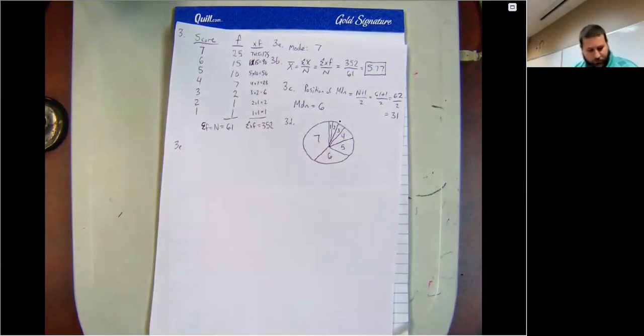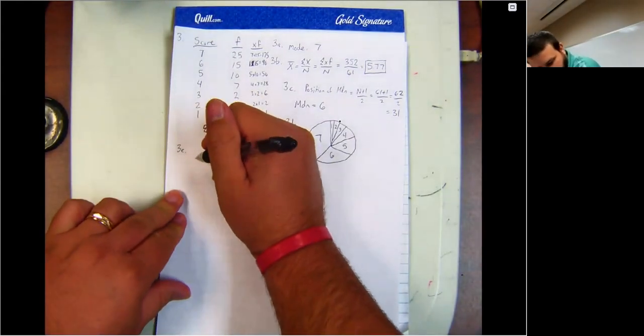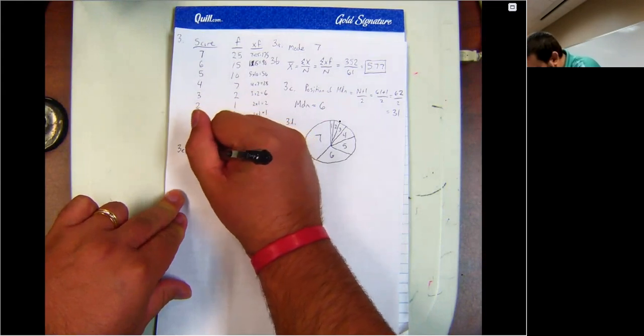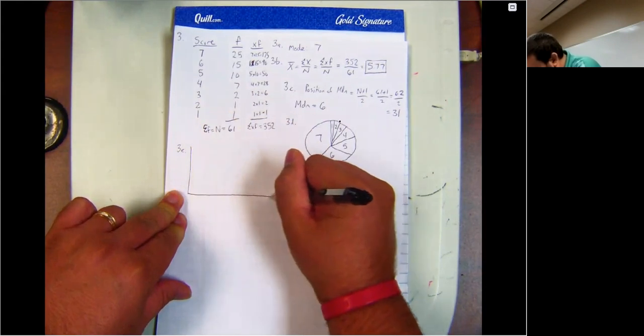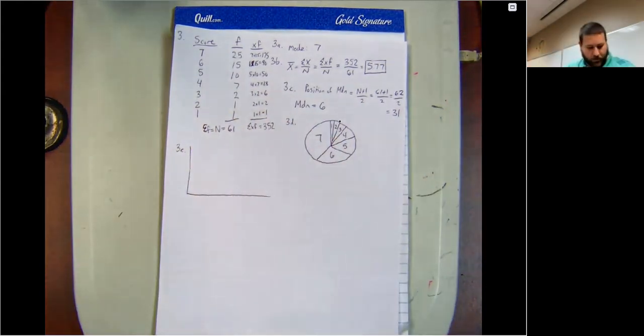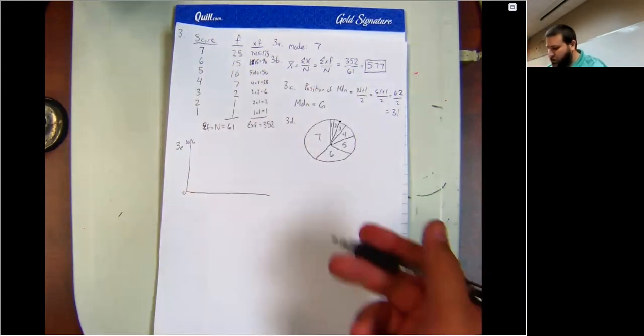3E is draw a cumulative histogram of the data. A histogram is a distribution. If you looked at the chapter that talks about visualizing the data, a histogram is a set of connected bars to indicate continuity in the data. This is a continuous scale from 1 to 7. Again, because it's a cumulative histogram, you can do percentages or frequencies. It doesn't matter. I'm going to do it in terms of percent, so from 0 to 100%. If we did cumulative frequencies,